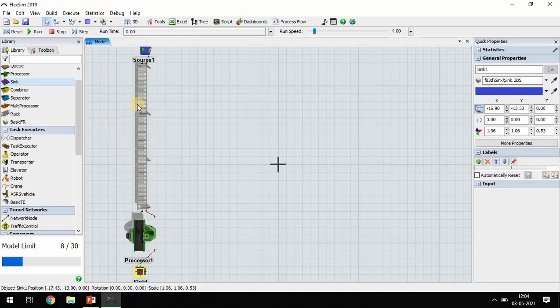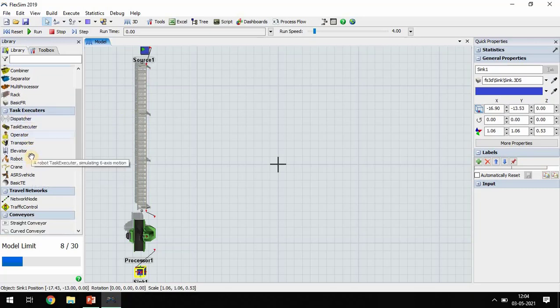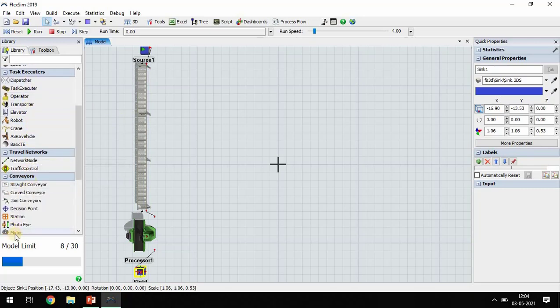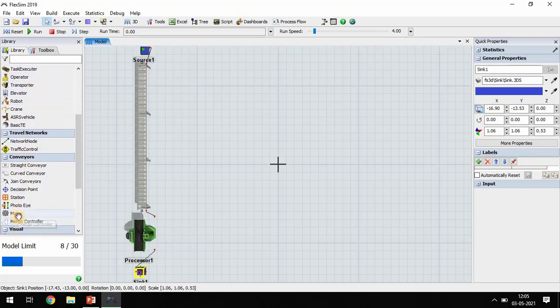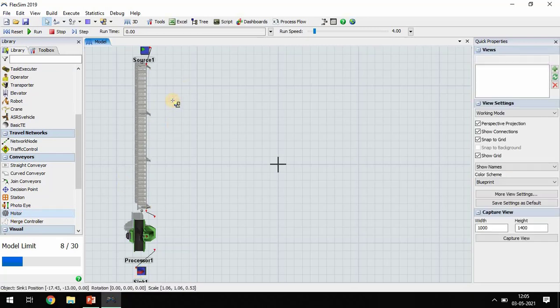Now this conveyor will operate based on some sensors, and these sensors control input and output elements like motors. So go to the conveyor section, add a motor, and add a sensor.